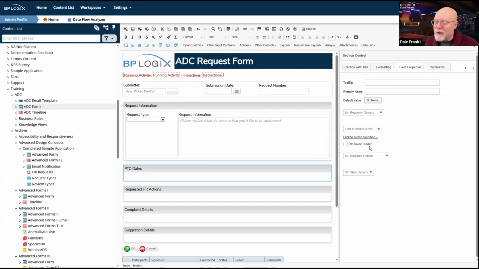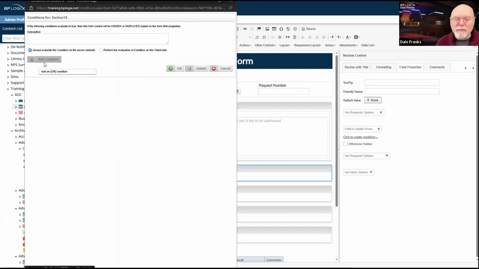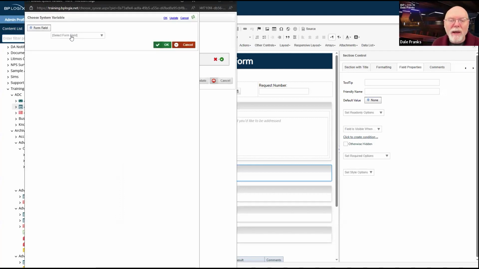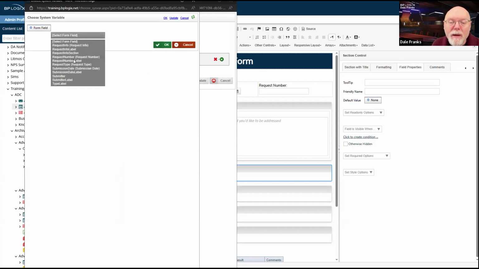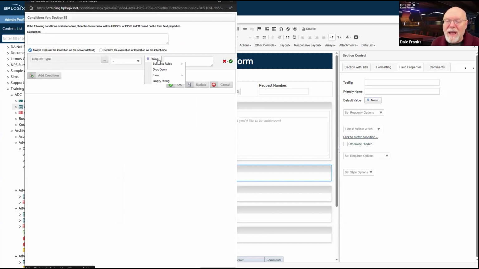I'm going to set field is visible when, and I'm going to click to create a condition. And the condition I'm going to add is whenever the request type equals.